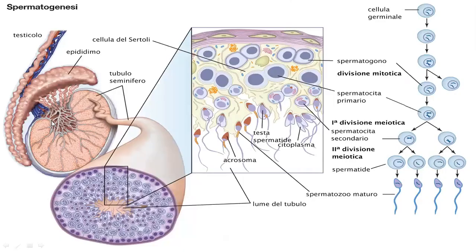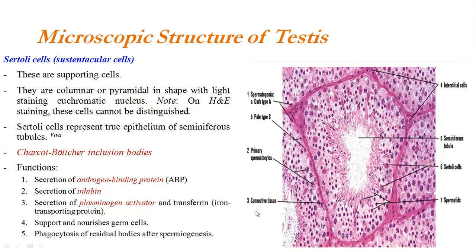Now see here, this is one more picture which helps us understand things better. This is a seminiferous tubule, and inside it we will see all the developing spermatogonia. We have spermatogonia type A, then spermatogonia type B, and then primary spermatocyte, secondary spermatocyte, then these spermatids which will undergo maturation to form spermatozoon. We will see the details as we proceed. The microscopic structure of testis.